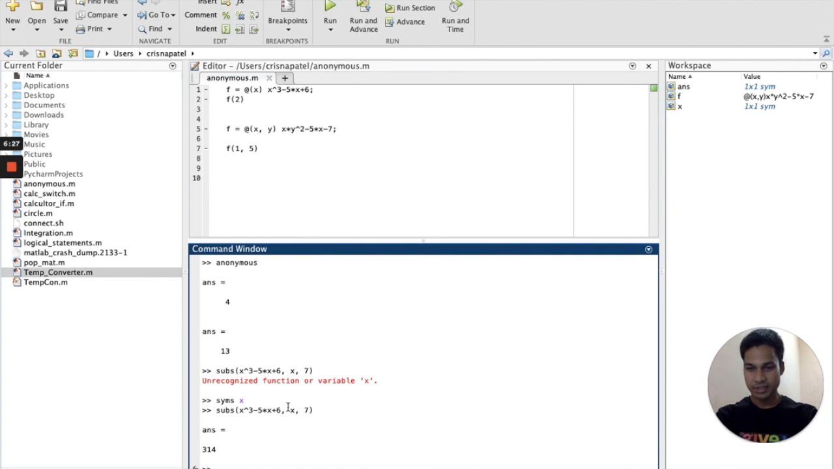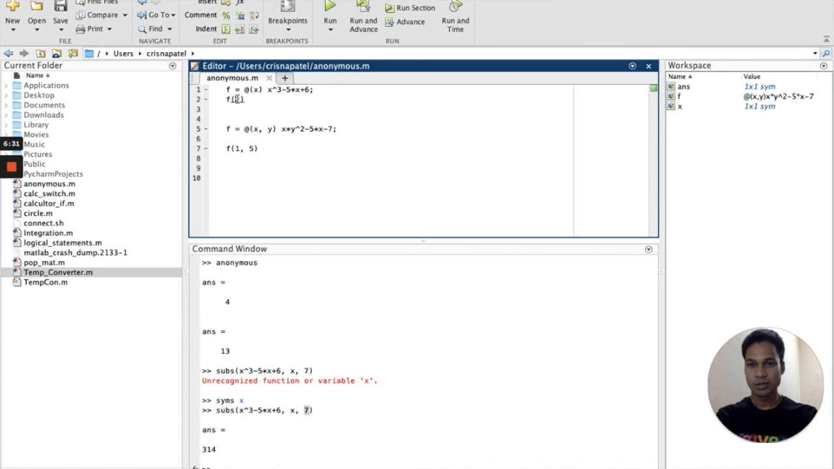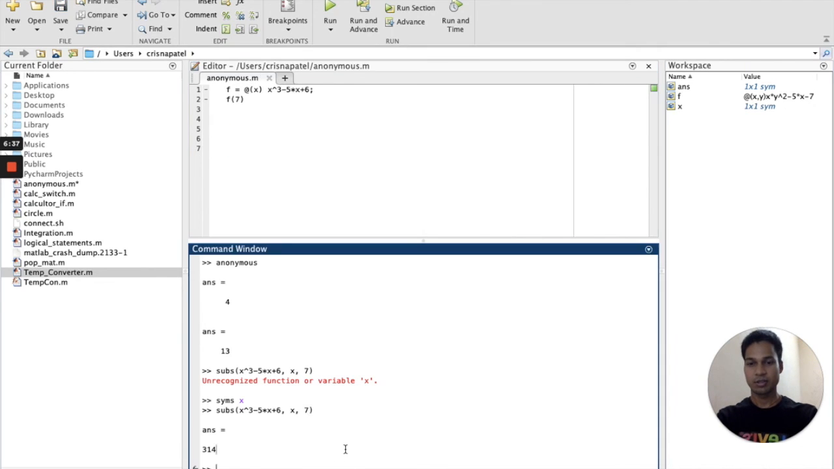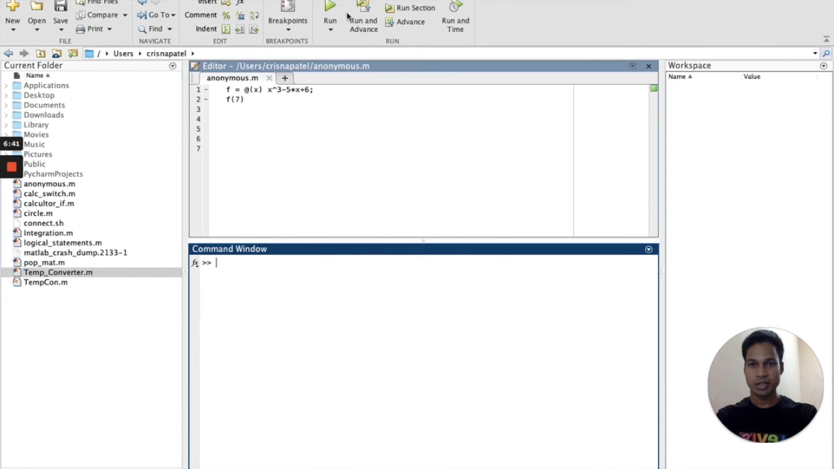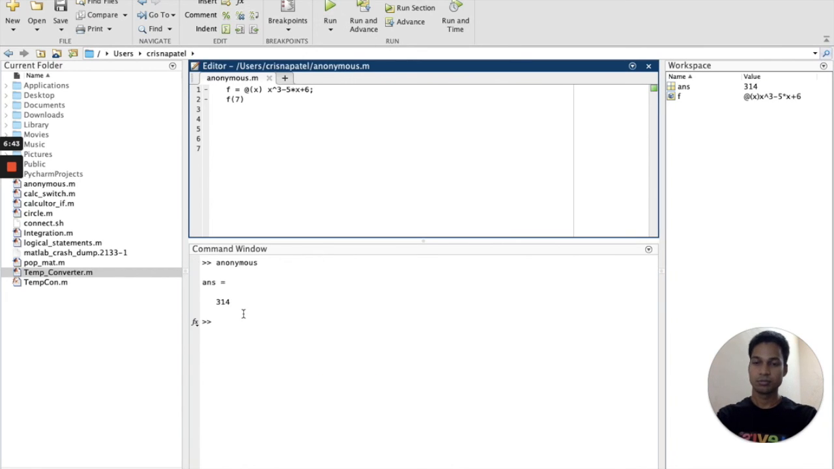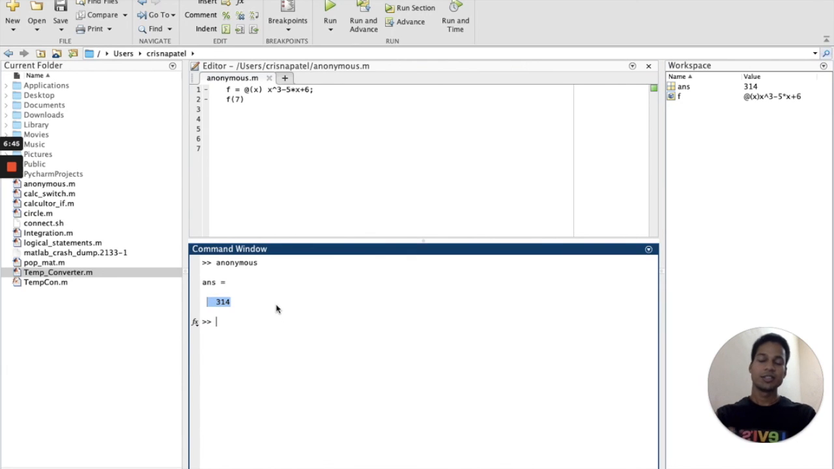Okay, let's just check whether x equal to 7 gives me the same value or not. I'm going to type f of 7, delete all this, clear workspace, clear screen, and run. Wow, nice. So you can see you can use subs or you can use the anonymous operator. Basically, I like the anonymous operator. I think it gives you more flexibility than